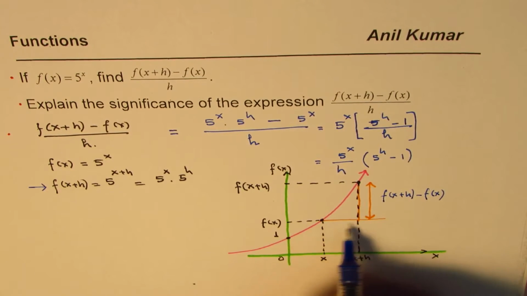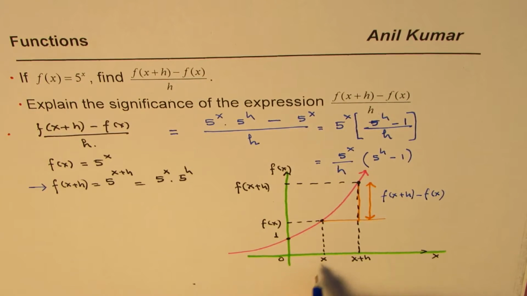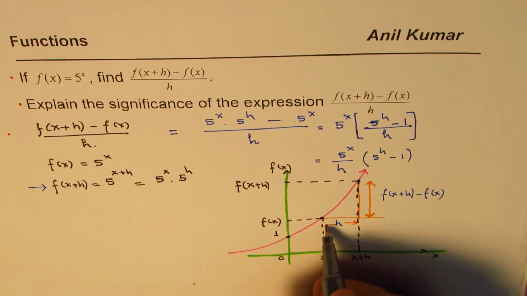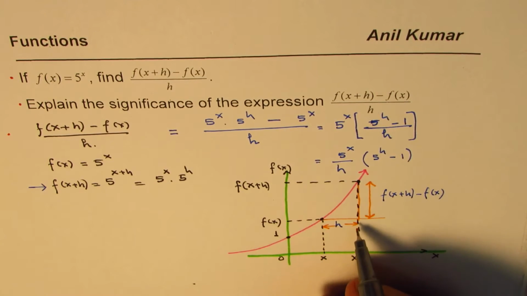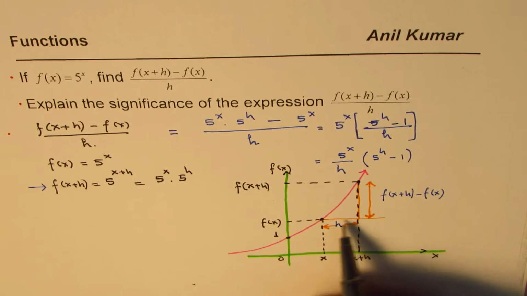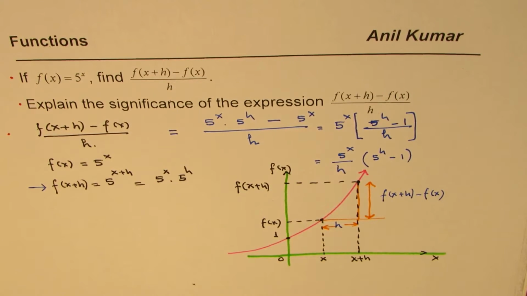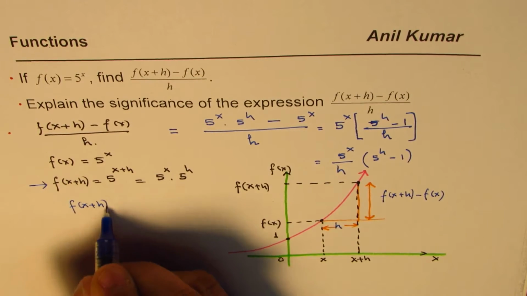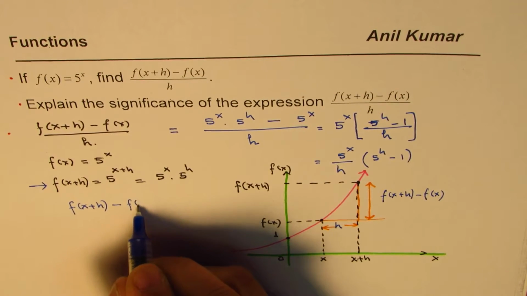And how about this portion? x plus h minus x is h, right? So what we see here is that this portion is h. Now from here we can clearly see that this ratio, f of x plus h minus f of x,